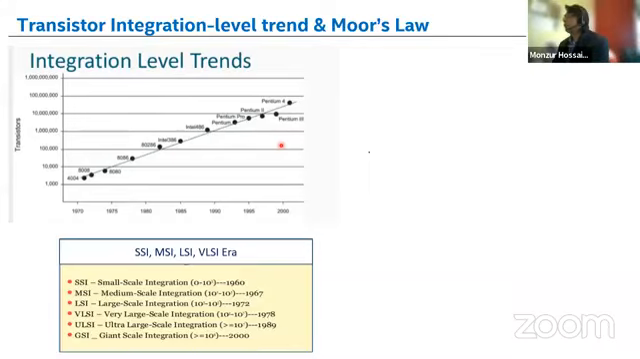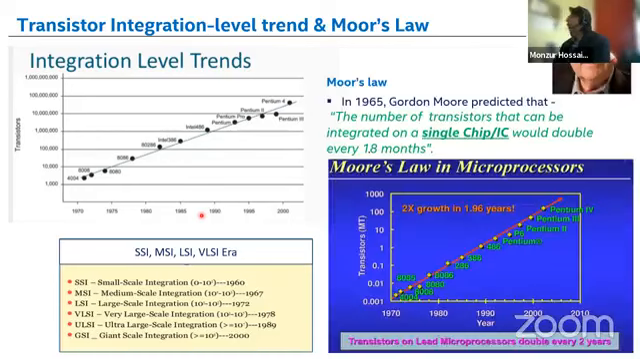Actually, this is exponential growth, because on the left side your transistor count is increasing logarithmically: 1000, 10 to the power 3, then 10 to the power 4, 10 to the power 5, 10 to the power 6, like this, right? Based on this observation, one person named Moore gave a law. What is Moore's law? In 1965, Gordon Moore, the co-founder of Intel,